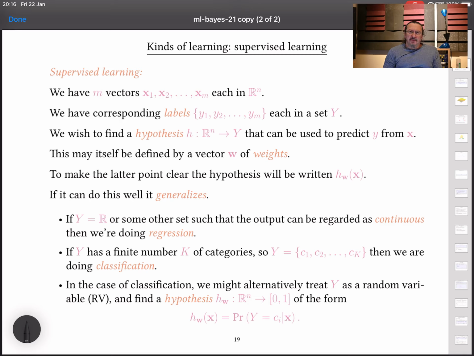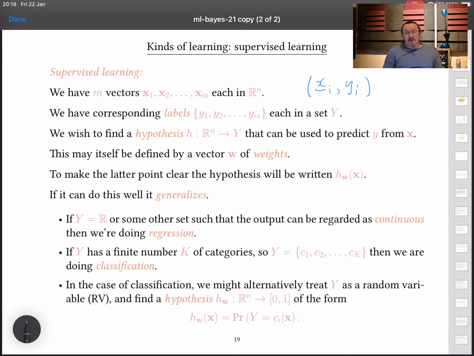Each has an associated label, y. So here we have m labels y paired up with the examples. So a single training example is a vector x sub i and y sub i. We're generally going to denote a single training example, the ith example, as the x_i paired up with its label y_i. Our underlying aim is to use this finite collection of information to try and find a hypothesis, h, that is a general mapping from n real numbers to some label. Okay, big Y here is being used to denote the space of possible labels that I'll come back to in a moment.